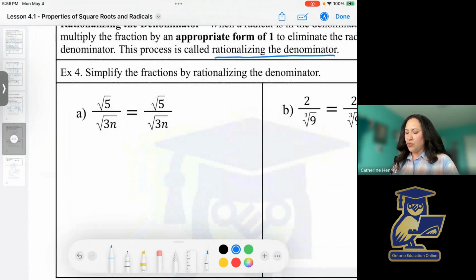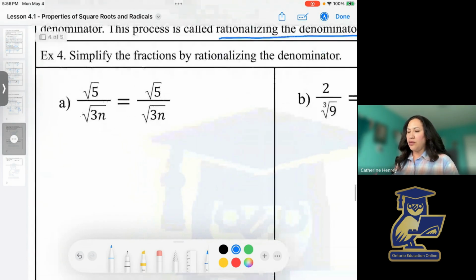If we have the root of 5 over the root of 3n, if you recall the 3 important factors for radicals, no radicals should appear in the denominator. That's when we know that it is in simplest form. So here we do have a radical in the denominator. So watch the process. What we do is we multiply